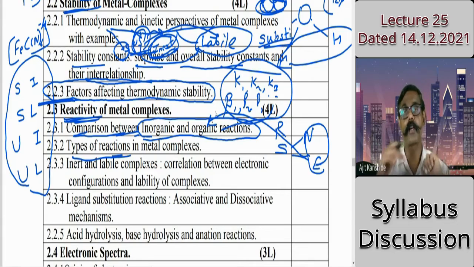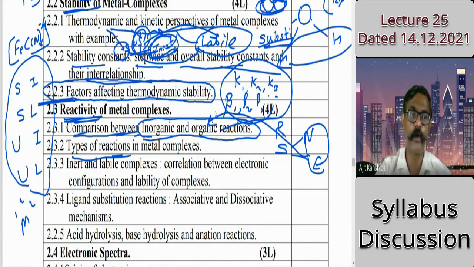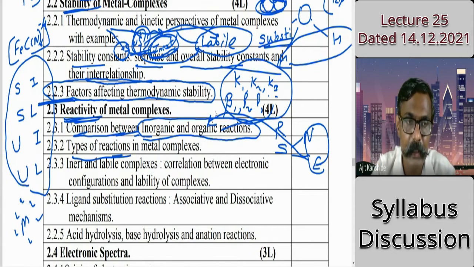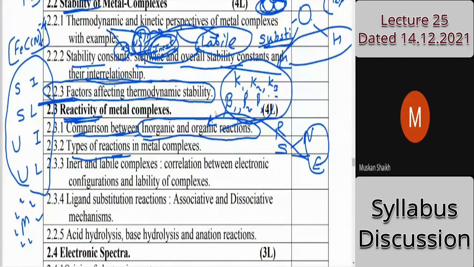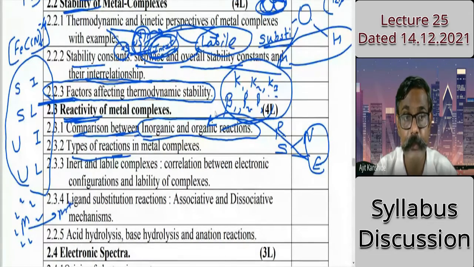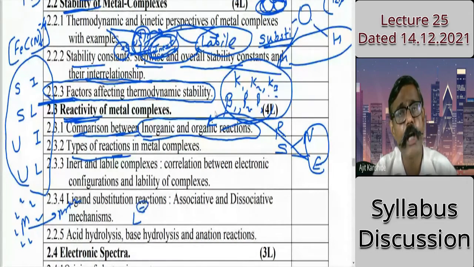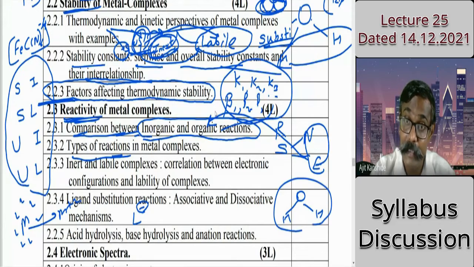Here in coordination compounds, the metal is at the center, and ligands are surrounding the metal. Will anybody answer who is positively charged in the complex? Metal. Right, the metal is positively charged. Ligands may be negatively charged or neutral. If they are neutral, like the water molecule, then the water molecule is neutral overall, but the water molecule has partial charges.